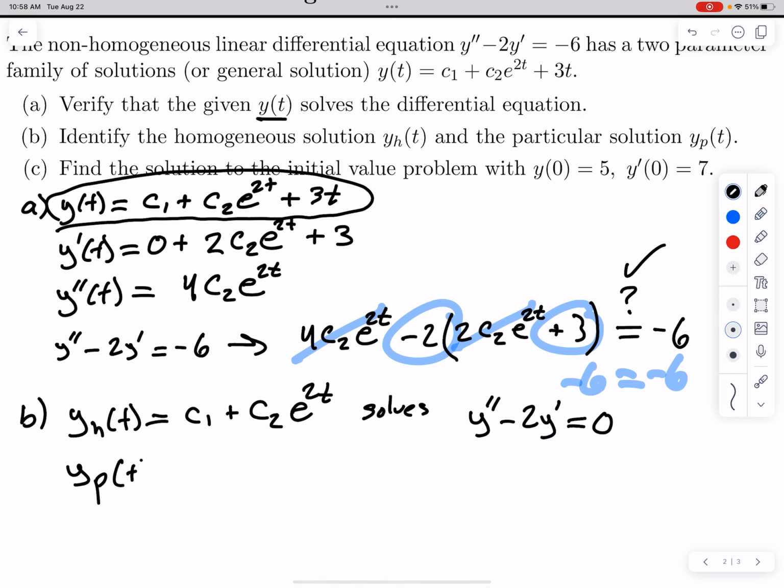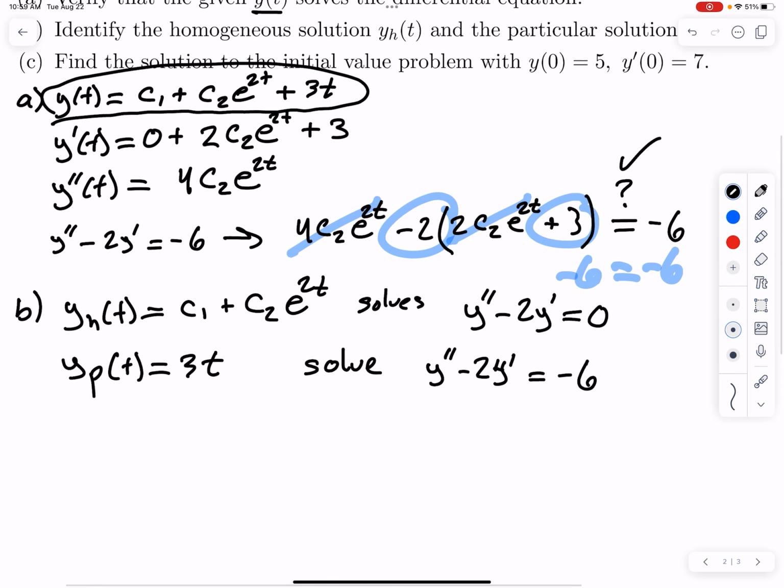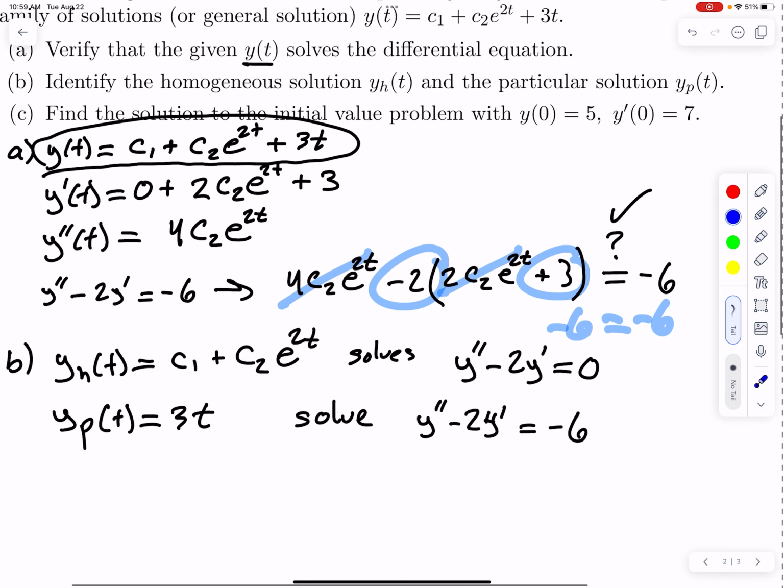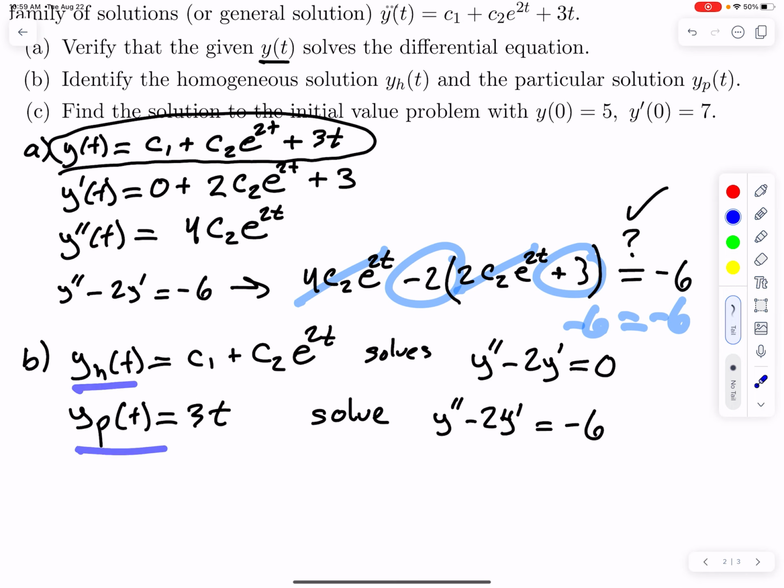And the particular solution is this 3t. You can see, if you think about that, that should be solving the full non-homogeneous differential equation. I think you can probably see that if you take the second derivative of 3t, you'll get 0. If you take the first derivative, you'll get 3. So you'll get -6 equals -6. That'll solve the non-homogeneous differential equation. So we've identified the homogeneous and the particular solution, and so now it's just